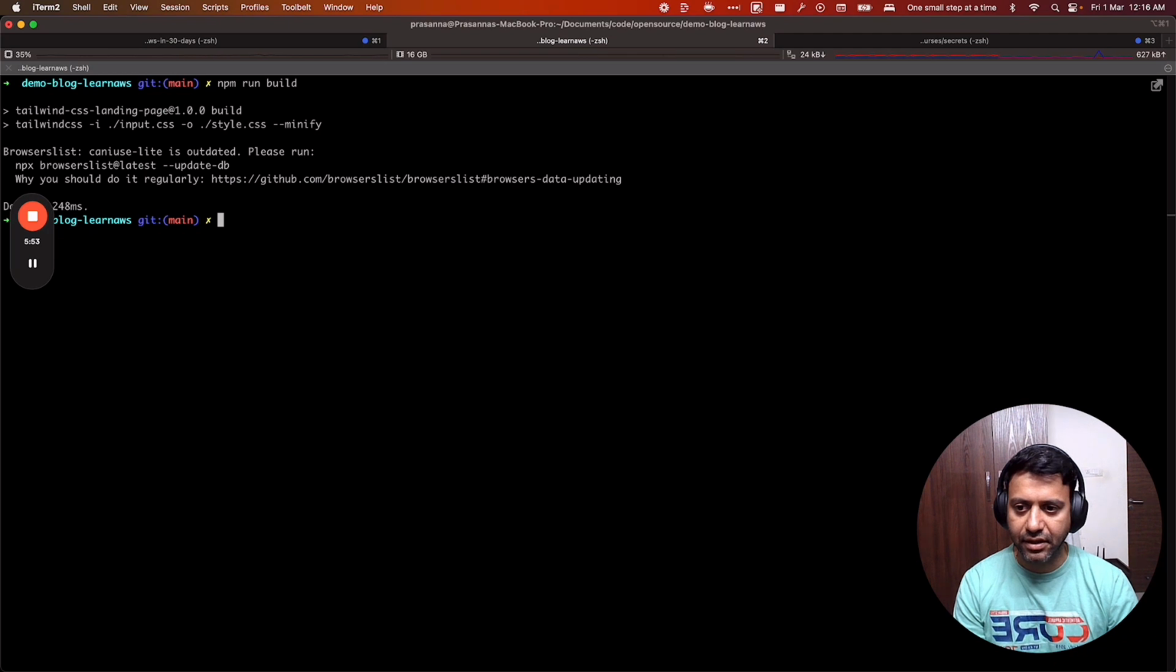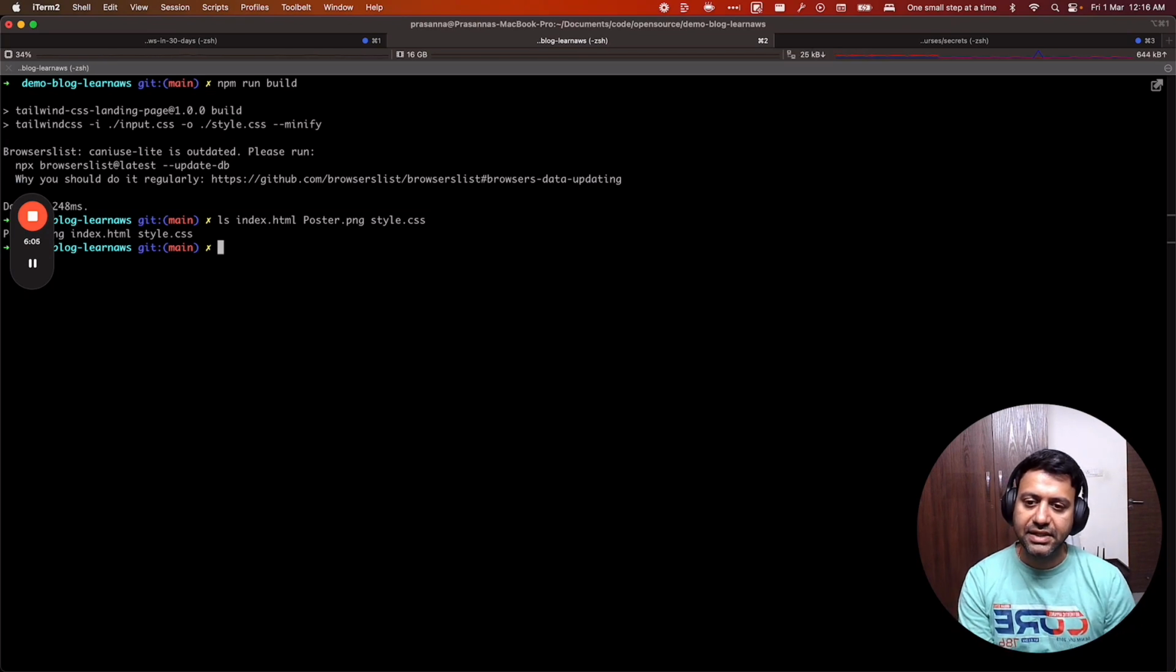Yeah, and it got generated. So there are 3 files which are interesting for us. One is index.html, the other one is poster.png, next one is styles.css. Okay, so these are the 3 files which we want to upload to our S3 bucket and serve the